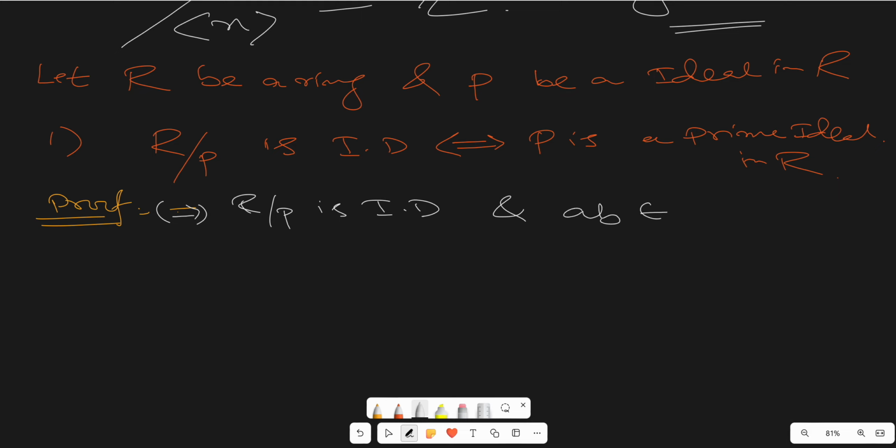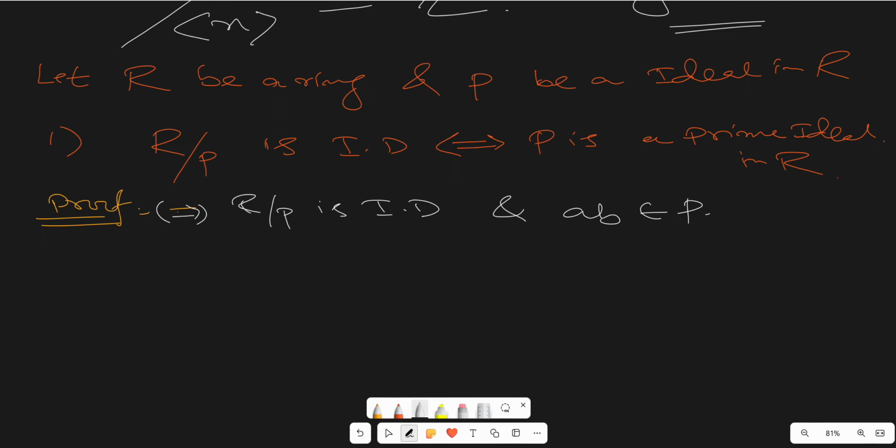So R mod P is an integral domain and AB is inside P. You have to show that either A is inside P or B is inside P. To show P is a prime ideal, we have AB inside P, and that means we need either A inside P or B inside P, right? So what you can do is,